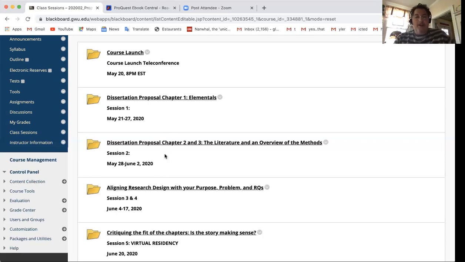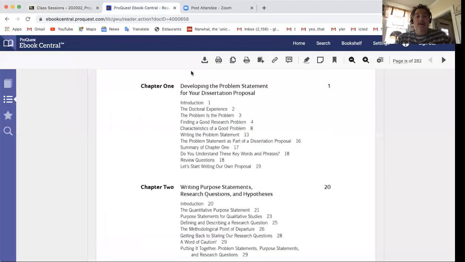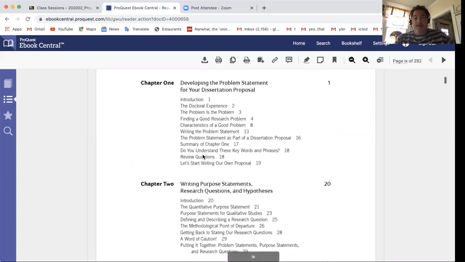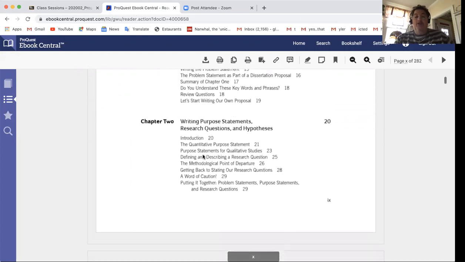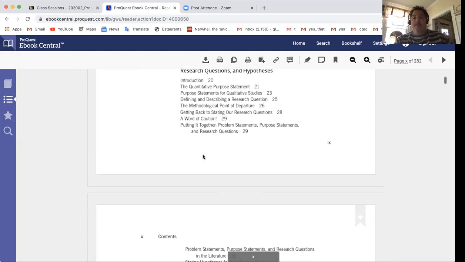So of course you've read the first 4 chapters leading up to this week, I hope, of Terrell. I think the Terrell book is particularly good. The Terrell book is particularly good because it weaves together the purpose of the dissertation with the format of the dissertation. So as you go through these chapters, you probably and should have learned, you know, what the different chapters represent and how the different sections of your chapters